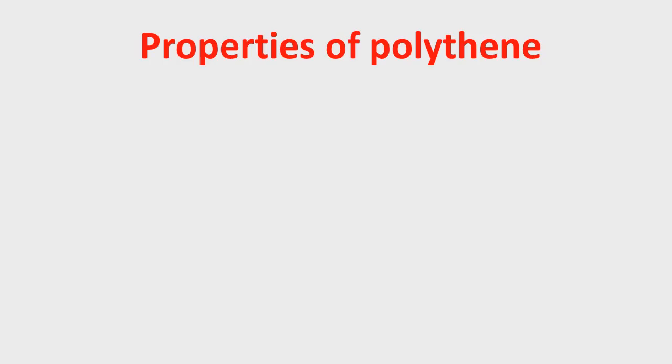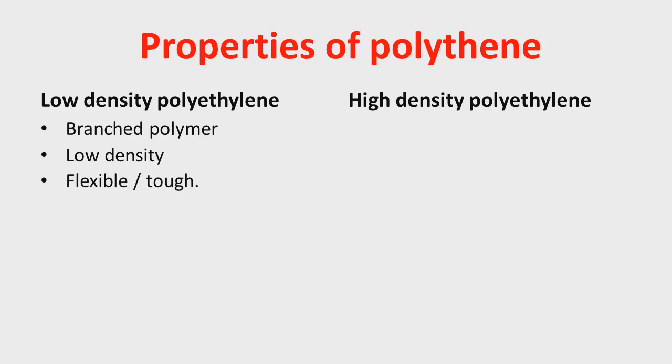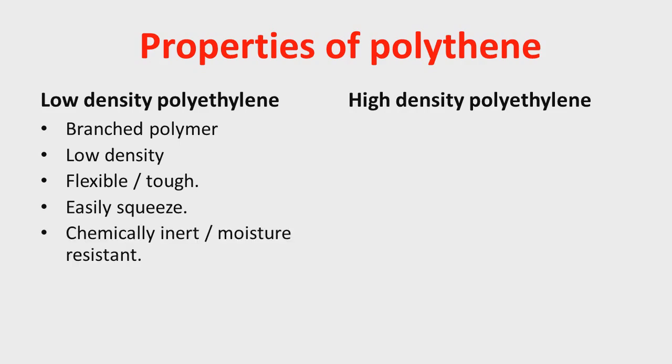As we know, there are two types of polythene. One is low density polyethylene and the other is high density polyethylene. Low density polyethylene is a branched chain polymer and has low density, as the name suggests. Because of low density, it is extremely flexible but a little bit tough in nature. Because of flexibility and low density, it is easily squeezed. Low density polyethylene is chemically inert. It means that it does not react unnecessarily with another substance, and also it is moisture resistant. Low density polyethylene is a poor conductor of electricity with a melting point of 110 degrees Celsius,